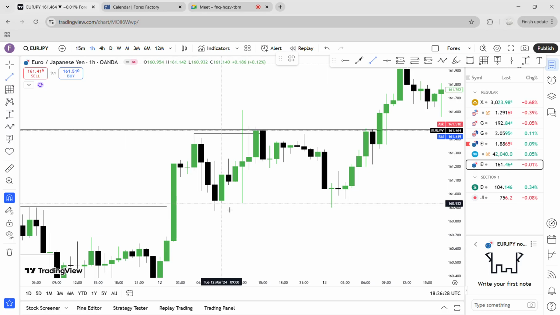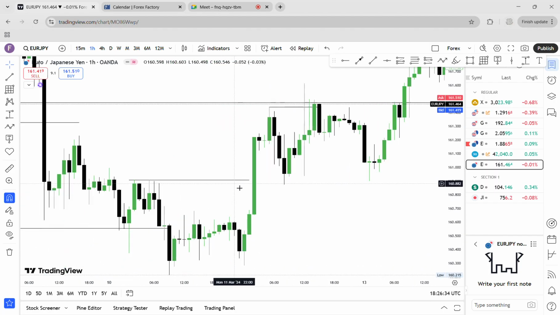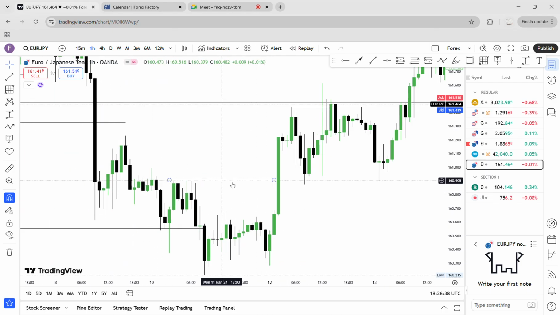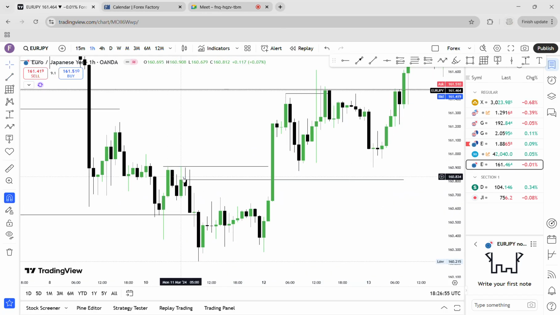Okay, so hold on. So the line next to the green, the first time where it broke structure to the top side. Not here, the first time, the second time. The second one in the middle. This one right here? Yes. So this level, would you use this one as an entry level, or is that just your confirmation line where you see, okay, if I now want to use this area, I will still choose something like this, right here,